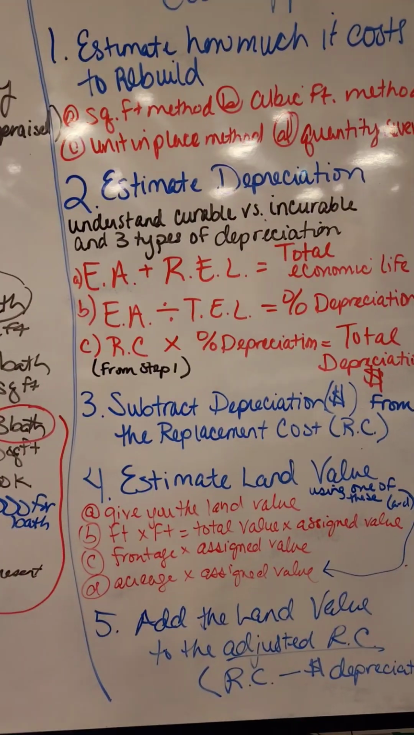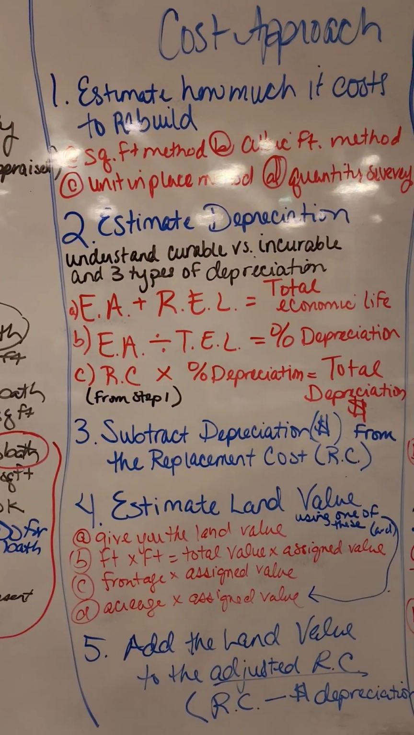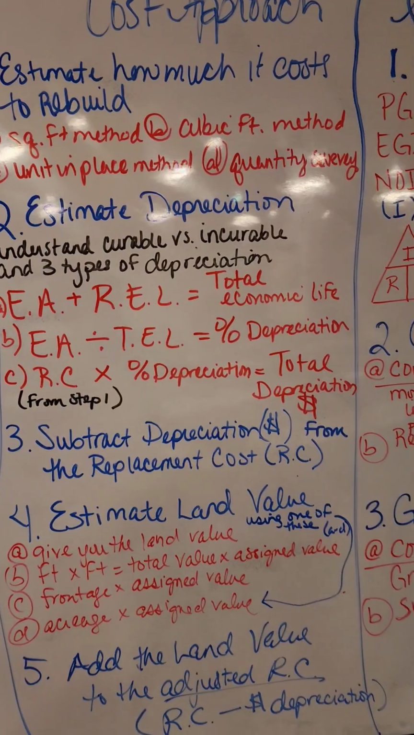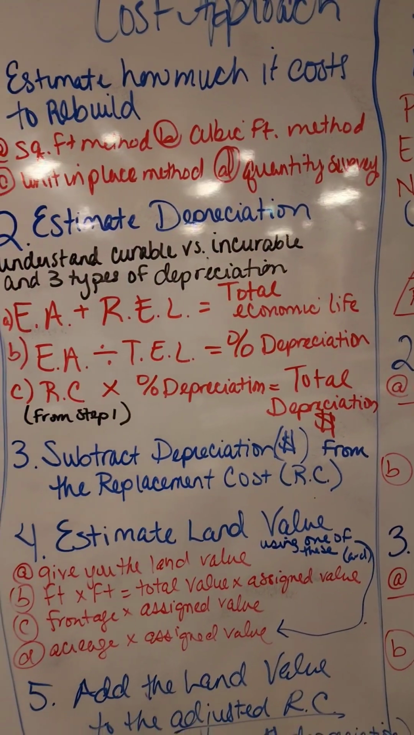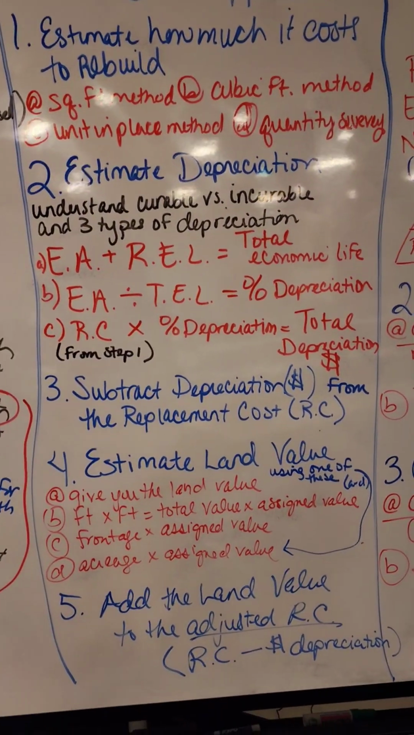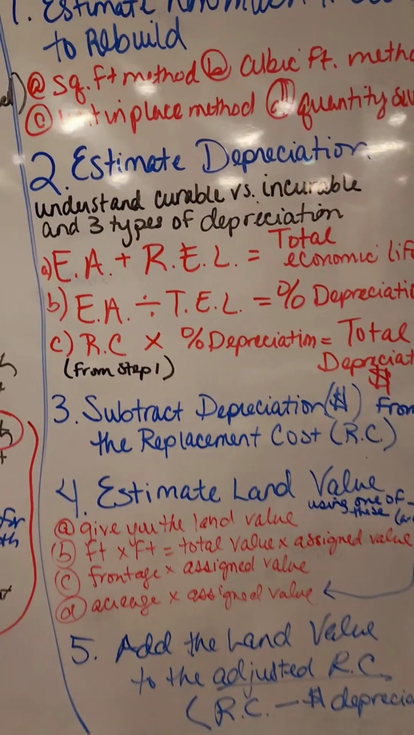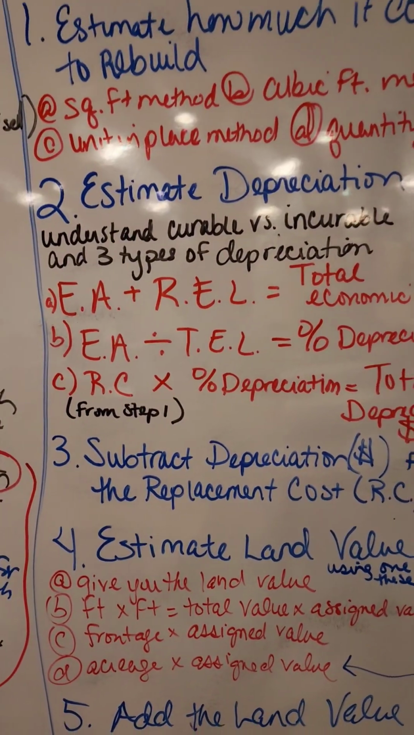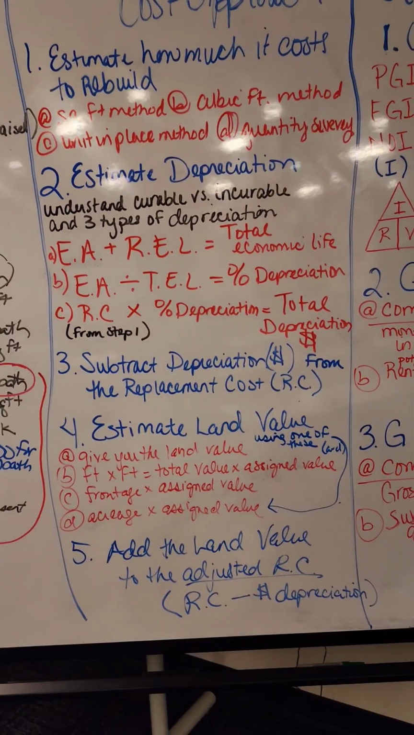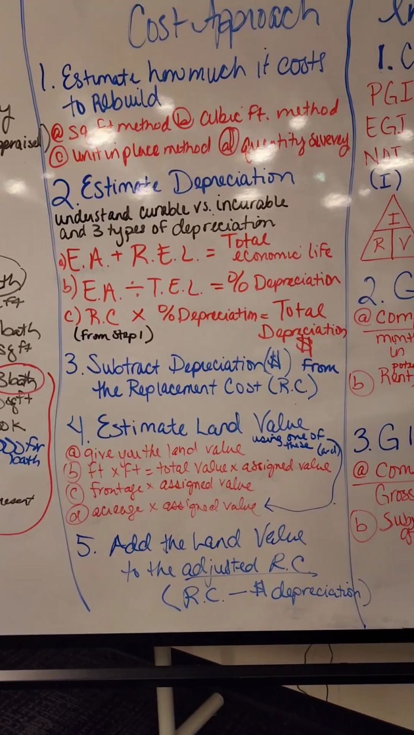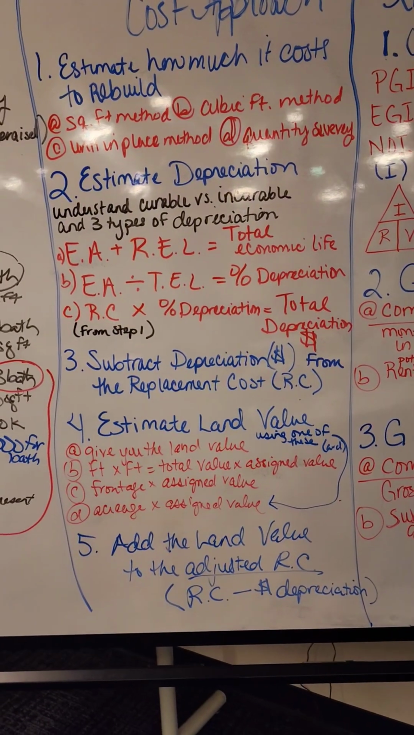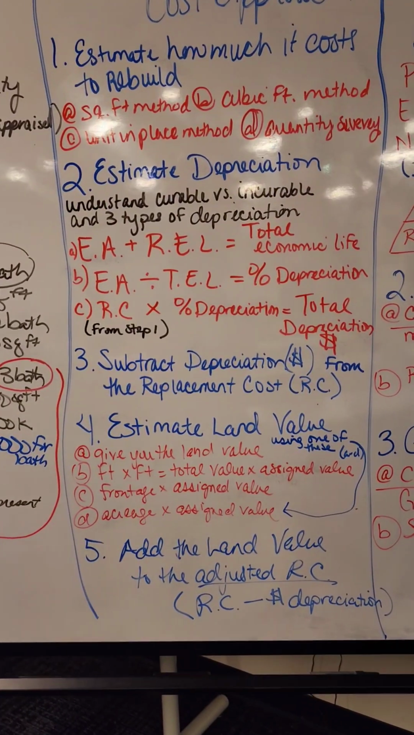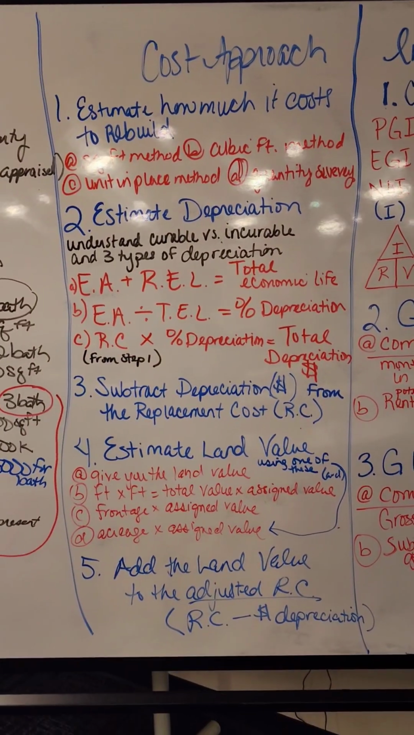The square foot method is most commonly used in residential real estate. The cubic foot method is used more so for industrial or warehouse spaces where there's a volume that needs to be measured. Unit in place method would be the type of method where you have the components of the house, the big parts that come together to make the house whole, like plumbing systems, electrical systems, roofing, walls, things